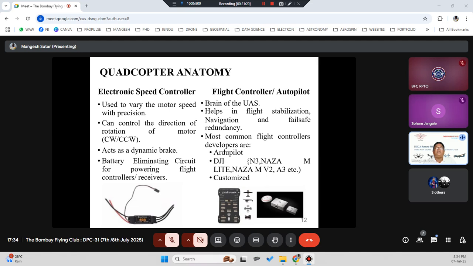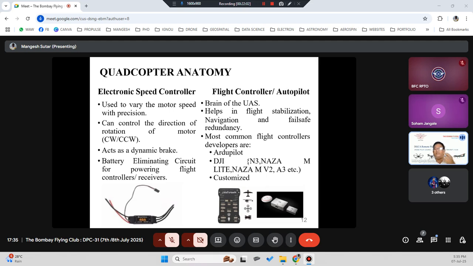Okay, then you have a flight controller, as we said earlier, the autopilot. That's the brain of the unmanned aircraft system, which helps in flight stabilization, navigation and fail-safe redundancy. This fail-safe redundancy and navigation is very important, because that is where it will control your motion. It will control your drone in emergency situations. The most common flight controller developer is ROTOPilot. So maximum worldwide, the drones use flight controllers from ROTOPilot. Then we have some from DJI. Then a lot of other OEMs are also available who make custom